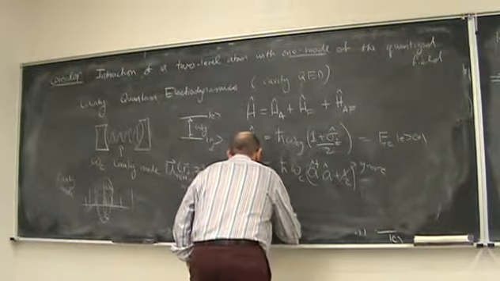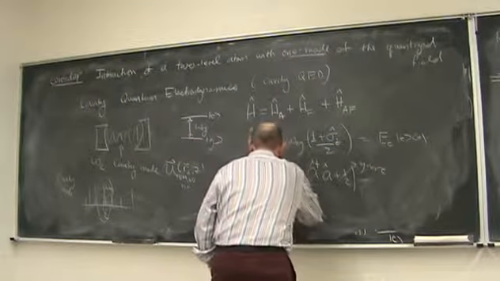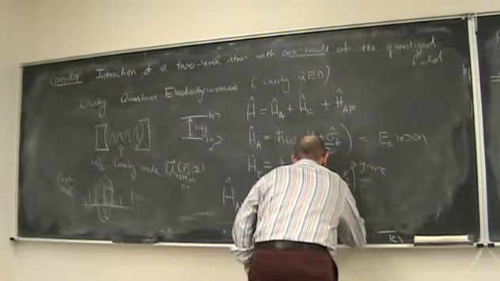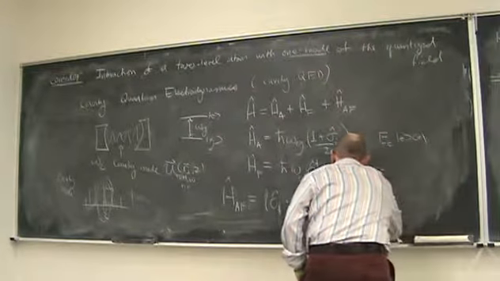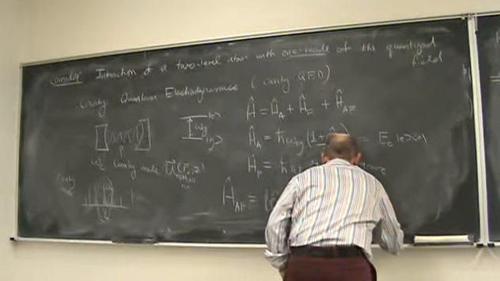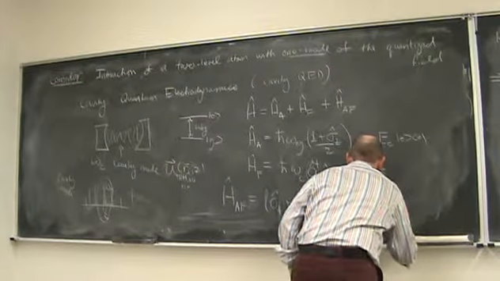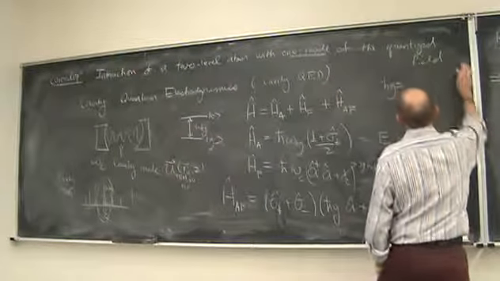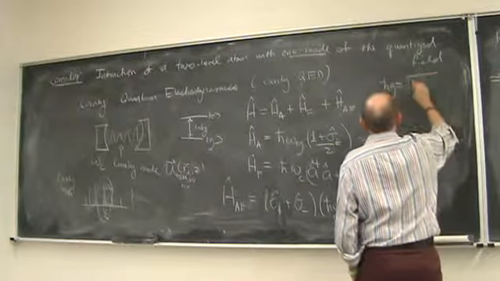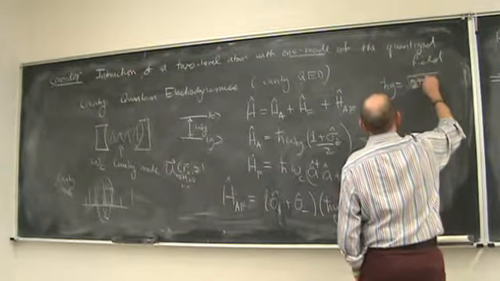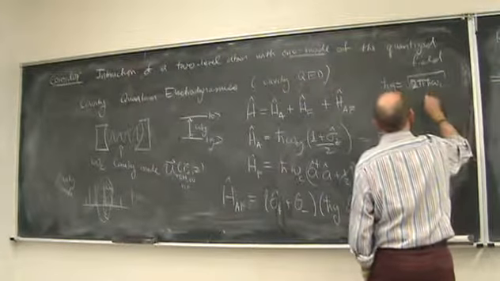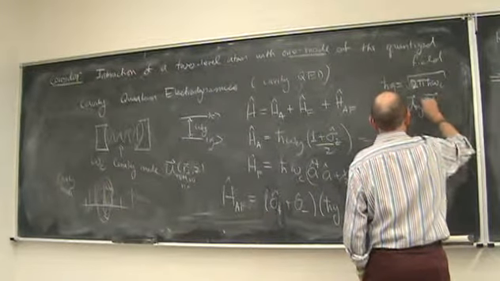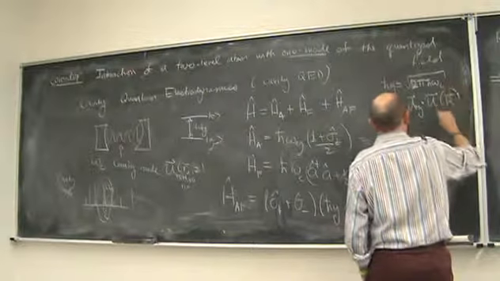That's equal to ħg sigma plus a, plus ħg sigma minus a dagger, where ħg is equal to the square root of 2π ħ omega cavity, times u dotted into the dipole matrix element for that mode at the position of the atom. And we'll take this to be